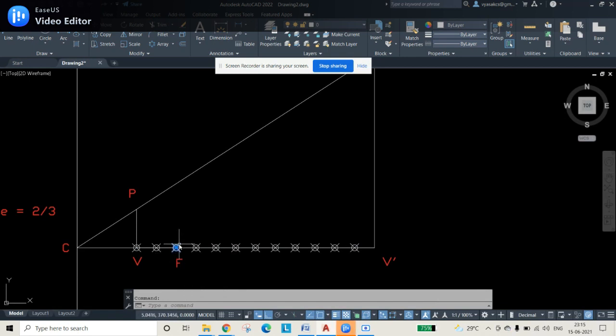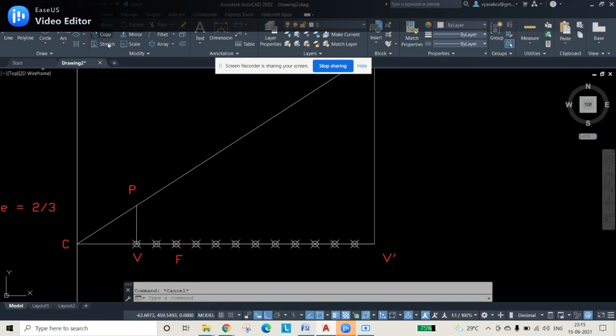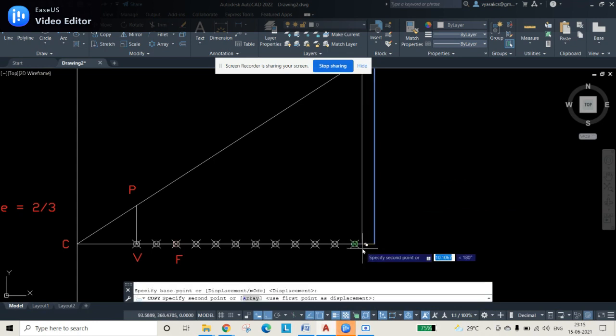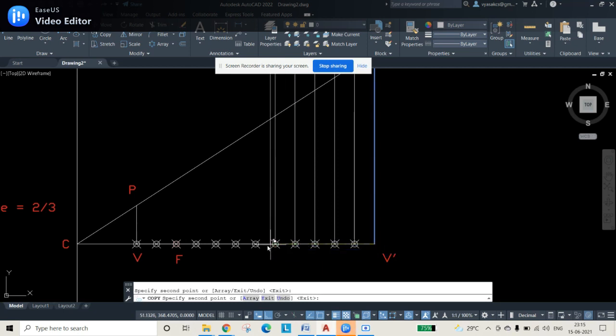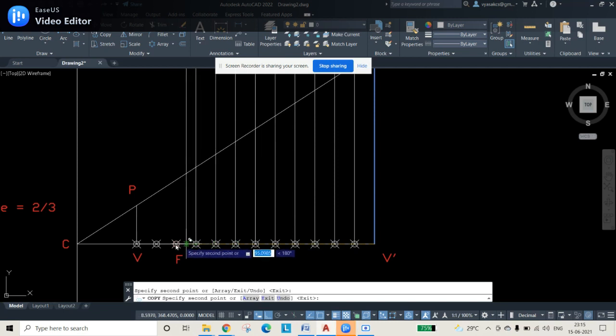So see, the second division and the focus division are combined with each other. Now if you want, I'll move it aside and show it to you. See here, the second division and the focal division are in the same place, so that it will be easy for me. Now I'll use the copy command. I'll select this line and press enter, and at each and every division I'll draw a straight line. That is, I'm copying it and drawing it, just at all these parts.